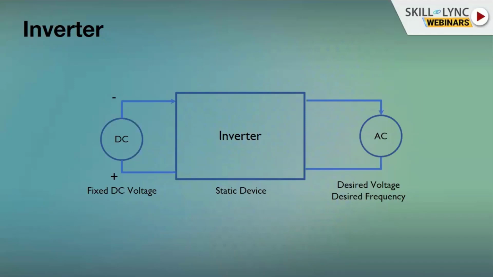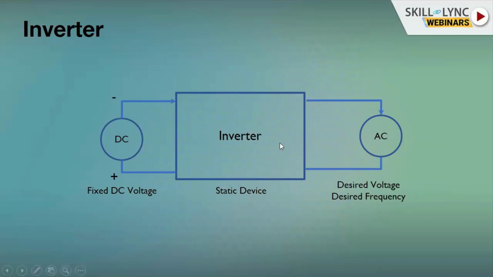So we are in search of static devices, and in due course of time, our switches have enhanced. The research in the switches has enhanced, and so the invention of the inverter came into existence. The inverter involves a static device. It has switches which are just operating with PWM. So it's a static device. There are no moving parts in it. And this inverter converts a fixed DC voltage to a variable AC with variable frequency also. So you can fix the frequency and the voltage as per the requirement for the load.